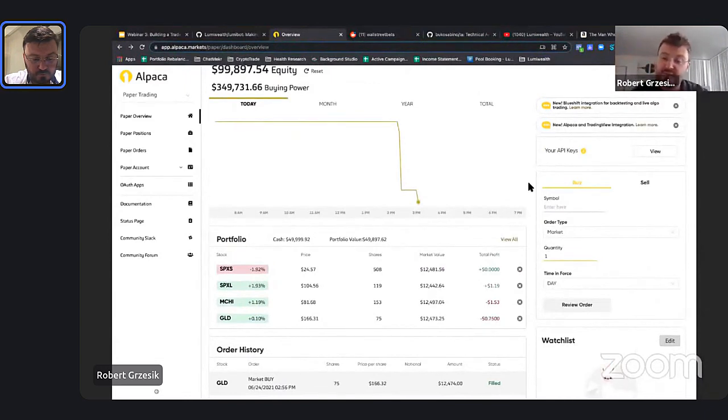You don't have to be in front of your computer. You could have this thing running in the cloud, or off your computer. It'll just keep trading for you all day long, right? Now, this is a strategy that follows momentum, but you could just as easily do a lot of other things with this, right?